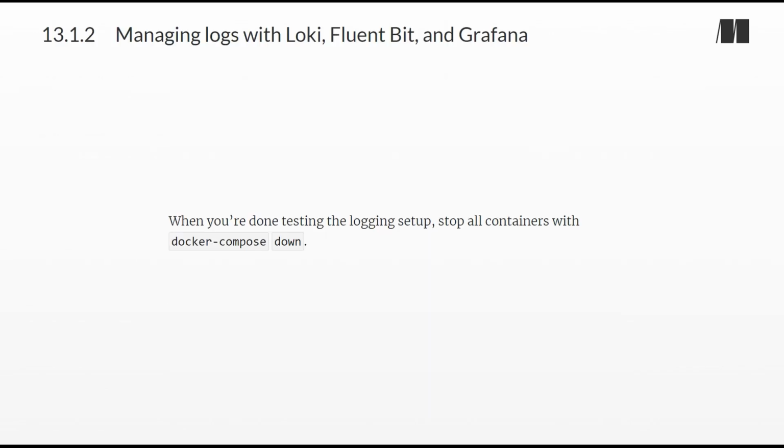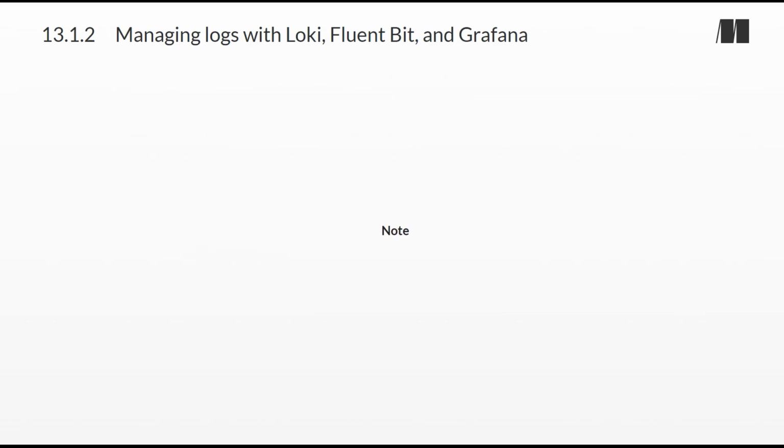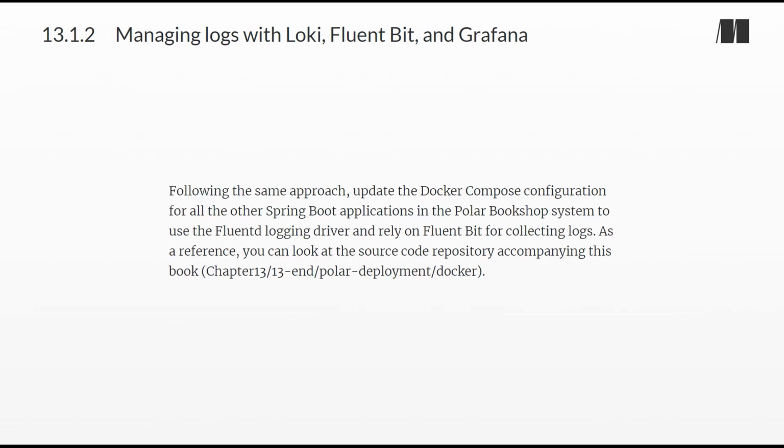When you're done testing the logging setup, stop all containers with docker-compose down. Note: following the same approach, update the Docker Compose configuration for all the other Spring Boot applications in the Polar Bookshop system to use the FluentD logging driver and rely on FluentBit for collecting logs. As a reference, you can look at the source code repository accompanying this book, Chapter